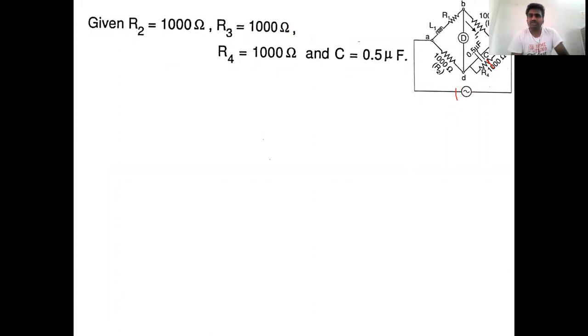What is the difference between Maxwell's bridge and Hay's bridge? In Maxwell's bridge, in the resistance and capacitance arm, the resistance is in parallel with the capacitor. But in Hay's bridge, the resistance is in series with the capacitor. Some people posted a query in the chat box. In the numerical analysis, we calculated the unknown resistance with respect to the fourth path. But in some problems, the unknown path is represented with respect to the first branch.